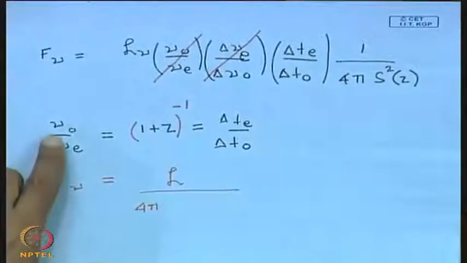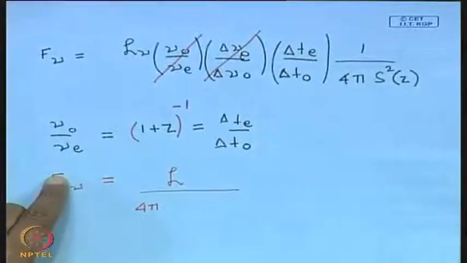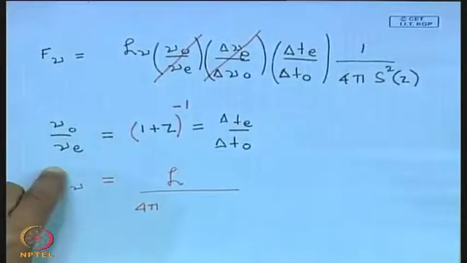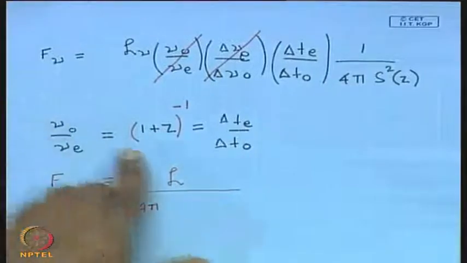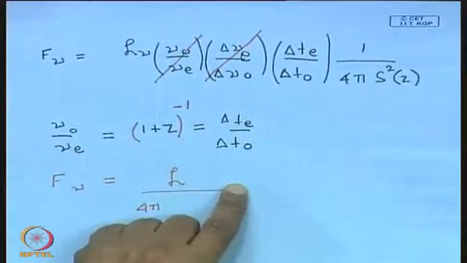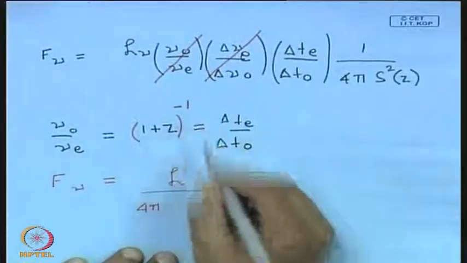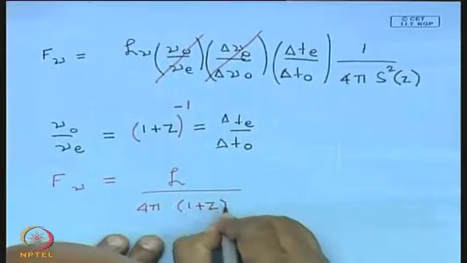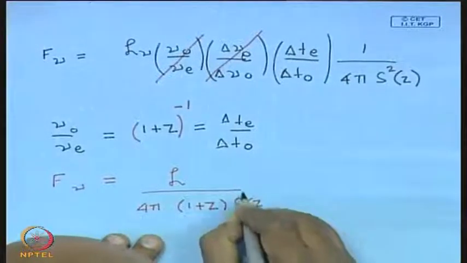The frequency of light as it propagates, what happens? Does it increase or decrease? From a distant source, will the frequency be higher or smaller? It will be smaller, right. So, the observed frequency will be less than the emitted frequency, observed wavelength is more. So, it will be 1 by 1 plus z, and the time interval is opposite to the frequency. Okay. So, there will be a factor of 1 plus z minus 1 here. So, what I will get is 1 plus z, yes, z square.